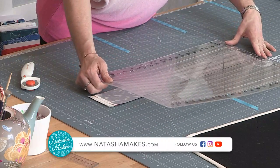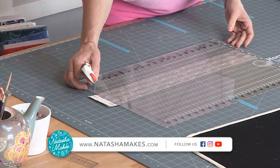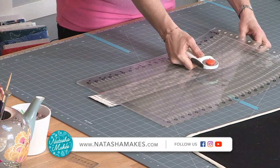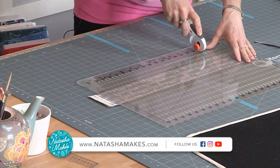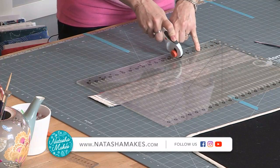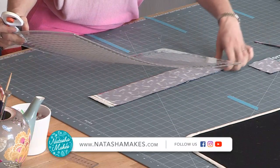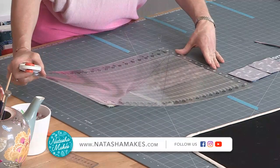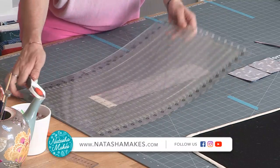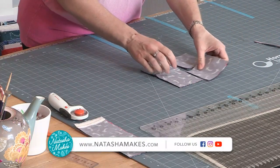I'm going to come down here. I'm going to line up my edge along there, along one of those lines. I'm just going to make sure that all of those edges there are nice and straight. And then I'm going to take 3.5. I need another 3.5. So 3.5 plus 3.5 is 7. And then, if you don't want to do your maths on top of that, I need a 6.5 inch strip for the rest of my quilt, so I can realign my 0 there, 6.5 in there, and that is all of the cutting. Got that left over. All of the cutting done